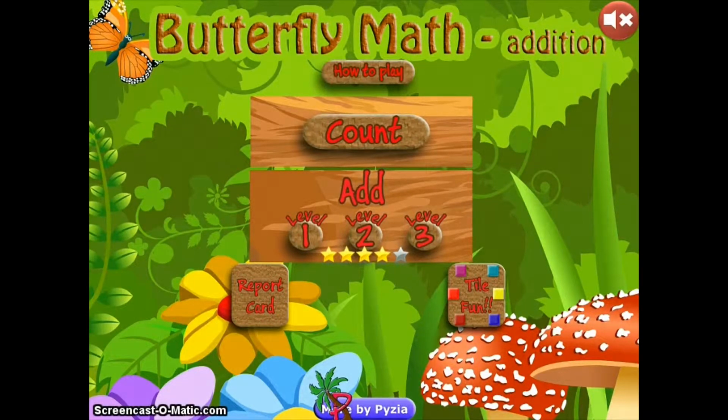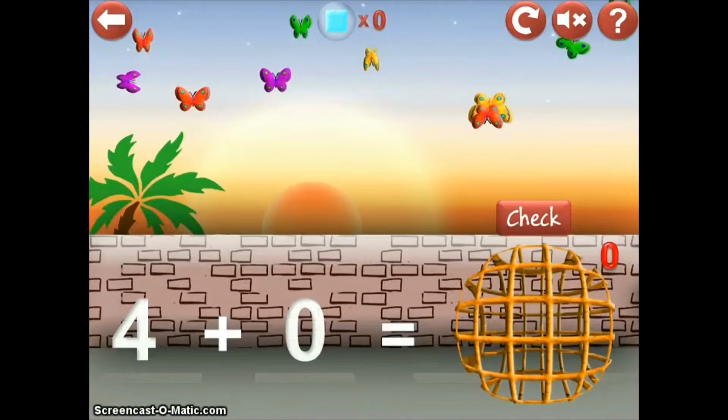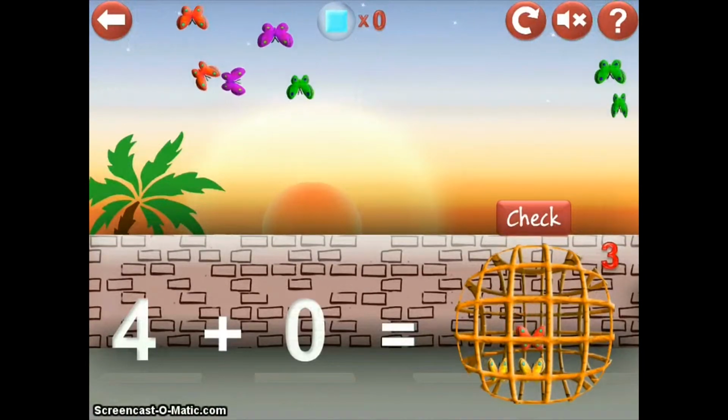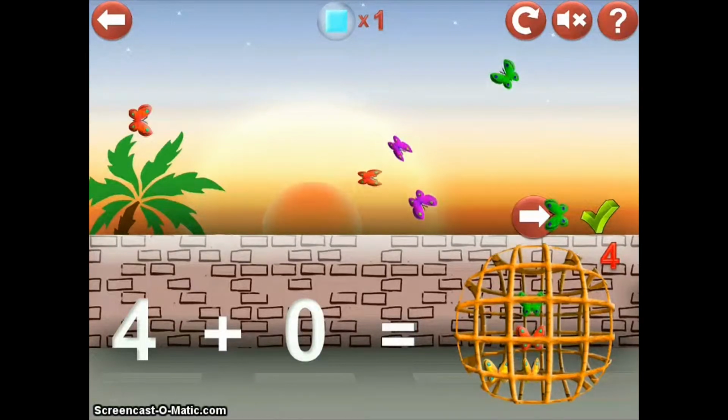Now if we navigate back to the addition portion, you'll notice that there are three different levels for the addition. And depending on the level, it kind of is a different problem. Level 1 is kind of a traditional addition problem, where the students have to find the sum or the total of the addition problem that's displayed. So again, just like the counting, they're going to go ahead and drag and drop the number of butterflies into